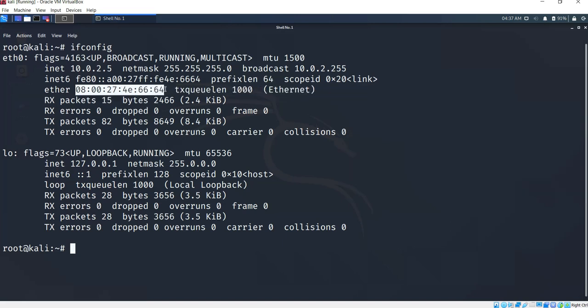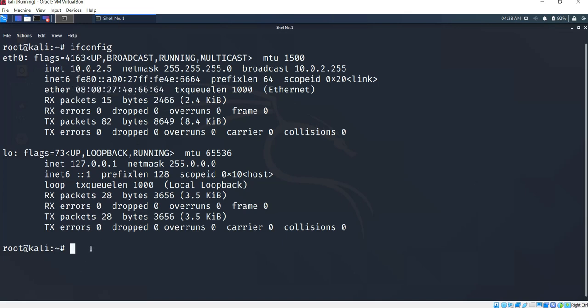So this is our MAC address. Wherever we are launching an attack or sending some packets, the receiver can see this MAC address, right? By seeing the MAC address, they can trace us. So before doing any task, we have to change it first. This is our first priority.